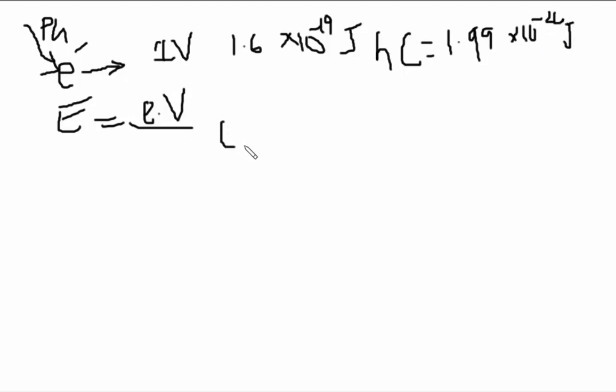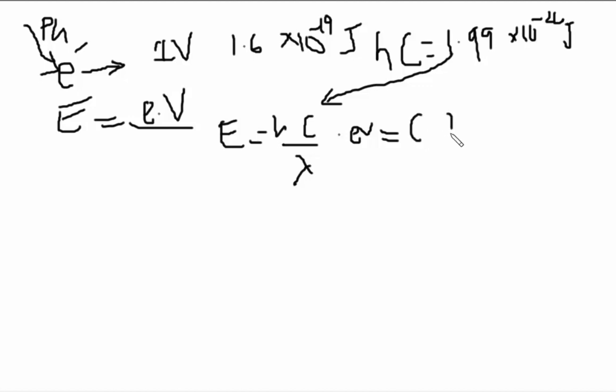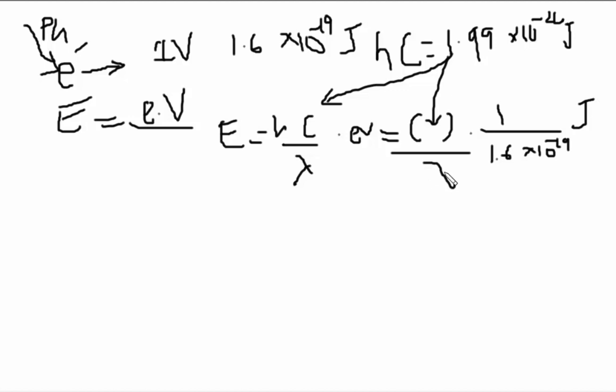So if I put E in the hc by lambda equation, and also use the one electron volt conversion, then by putting in this hc value, and 1 divided by 1.6 into 10 to the power of minus 19 to convert into electron volts, and lambda,